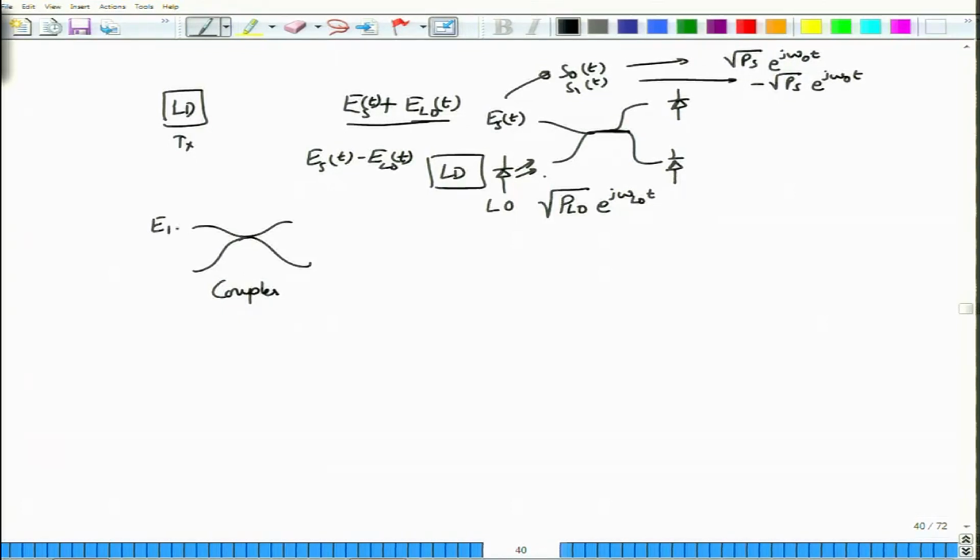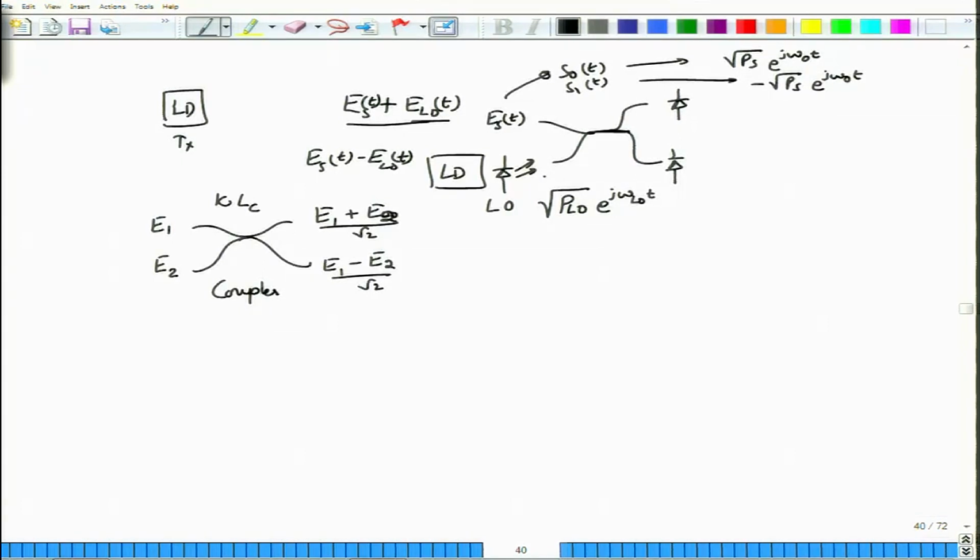So I can send in electric field 1 in this port, another electric field in this port, that is two different light signals at the two different ports. The phase can be adjusted such that I am going to get E1 plus ELO in one branch. Of course, I should get 1 by root 2 here, and then I get E1 minus E2 by root 2. I can adjust this phase, instead of being 90 degrees, I can make this phase equal to 180 degrees. That we have already seen, by choosing appropriately the value of kappa and LC, the length of the coupler, I can get whatever phase I want, and this is what I have now.